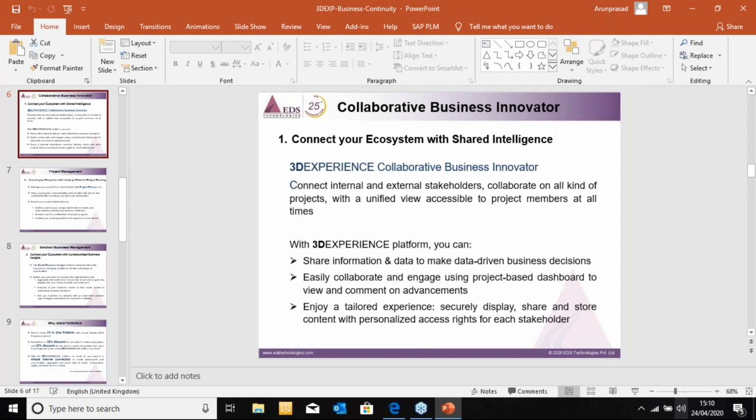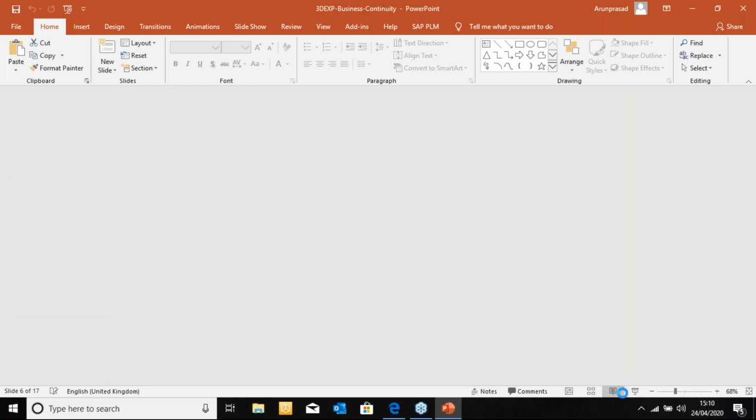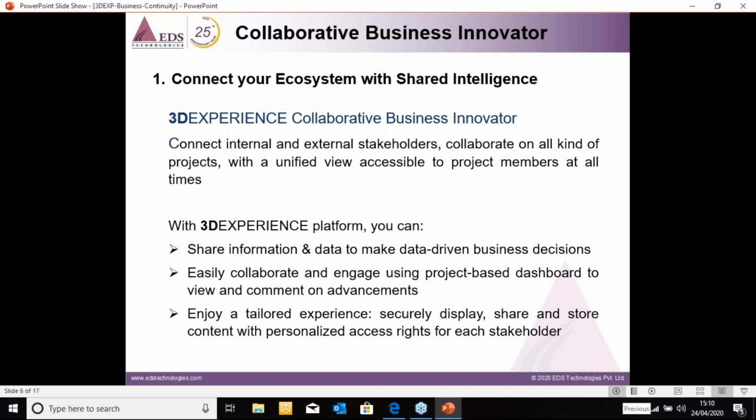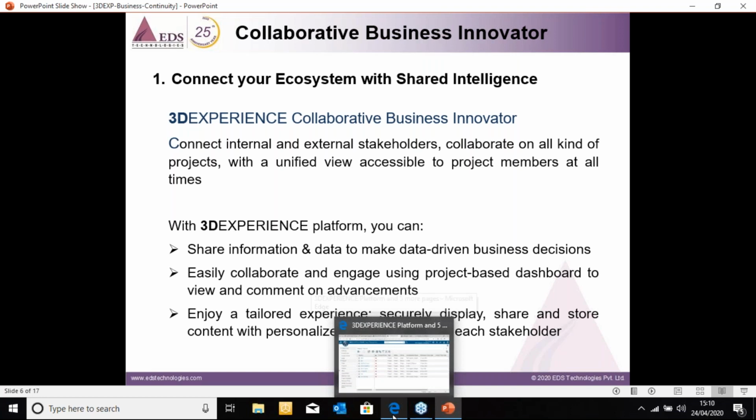I guess we have seen this slide, where no matter what the situation is, we can still be connected with all my internal and external stakeholders, as I just mentioned in the demo session, where I can build the communities. I can have a community per my department, and I can also invite my customers so that they'll be a part of the system that helps me with their approvals or decision making.